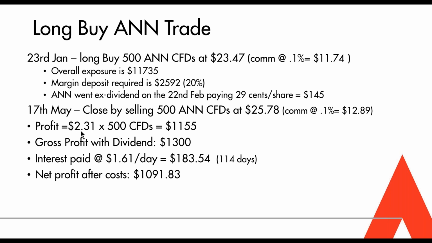net profit of $2.31 per share, which overall was $1,155. So our gross profit with our added $145 of dividend was $1,300. Then we had to take out our fees and charges. Our interest at $1.61 a day was $183.54. That comes off. Our 2 lots of brokerages come off. So our net profit after costs was